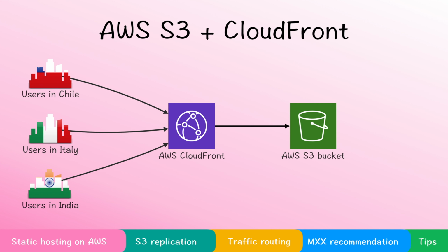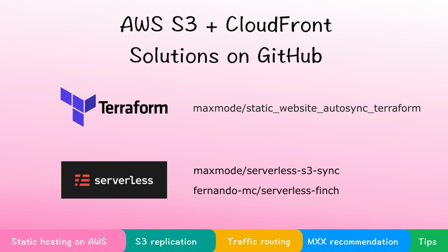The classic solution for static website hosting is to use an S3 bucket for objects and route traffic via Amazon CloudFront. Amazon CloudFront can terminate SSL connections close to the user in edge locations. Also, it will do caching of the objects and will speed up the delivery of static objects. And this solution is really popular. There are many solutions on GitHub. For example, these modules I use personally. I recommend them. So if you like Terraform, there are modules for Terraform. If you like serverless, there are solutions for serverless.